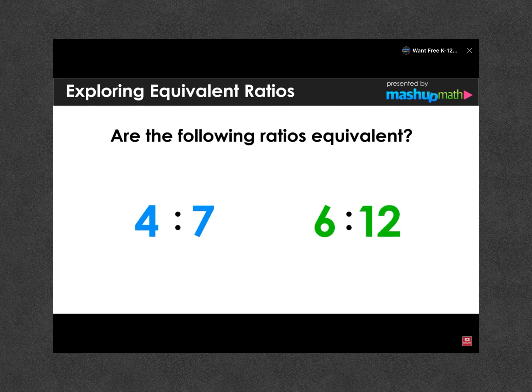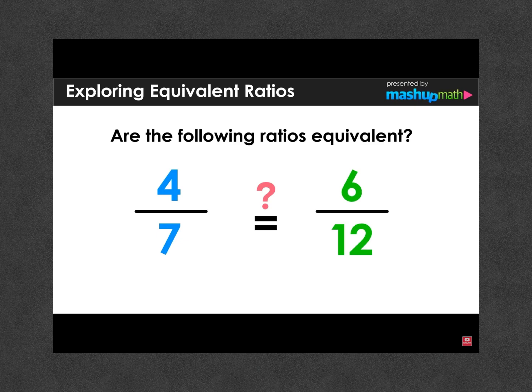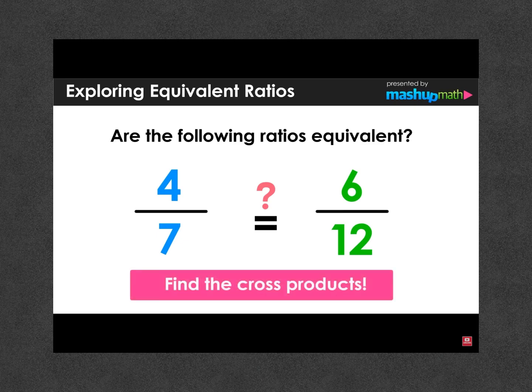So now let's go ahead and take a look at one last example. In this case, we want to see if the ratio 4 to 7 and the ratio 6 to 12 are equivalent. Just like in the last example, we can start off by converting the ratios to fractions with a numerator and a denominator. Then we can go ahead and find the cross products and see whether or not they are equal. We could start with 4 times 12, whose product is 48, and then compare that to the second cross product, 7 times 6,